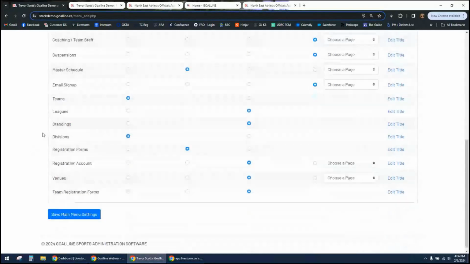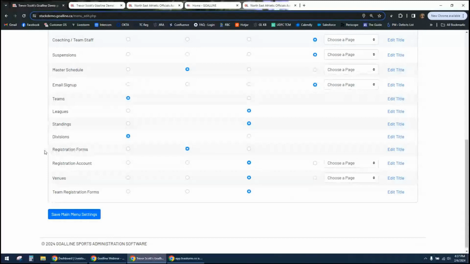So that's how you're going to take a look at this. I'm going to come back to this whole what's the difference between a league and a division, and we're going to demonstrate a little bit of what happens when you have certain things placed in your menu. I will also point out that when you have certain items, for example,